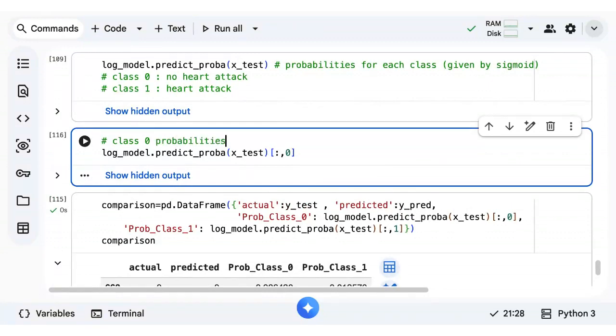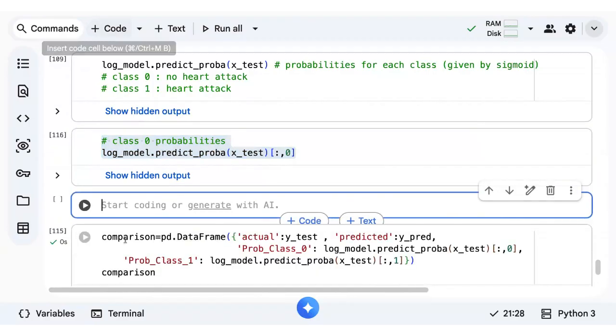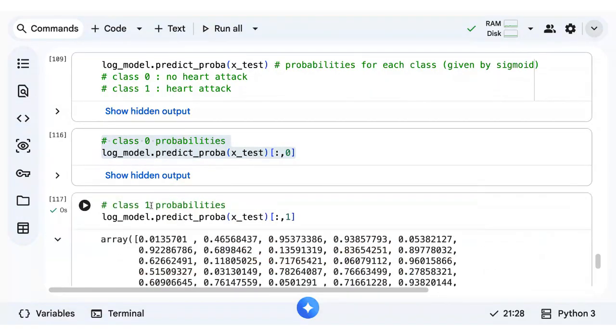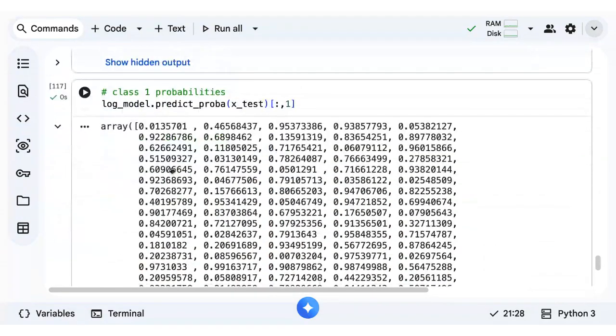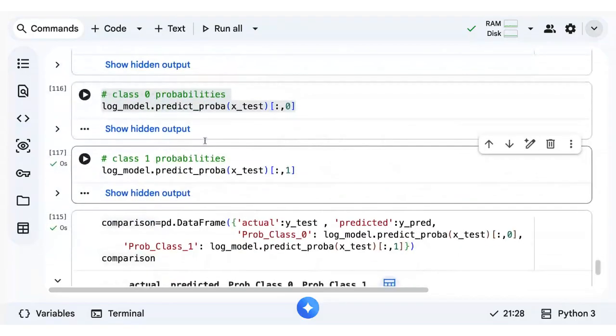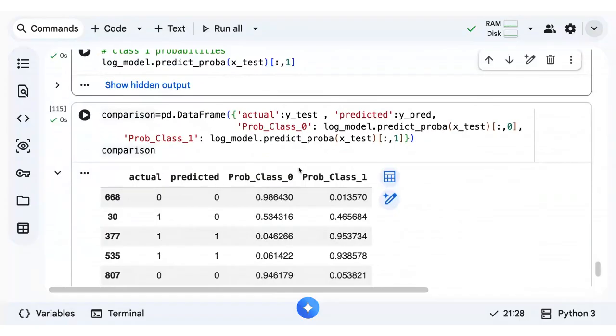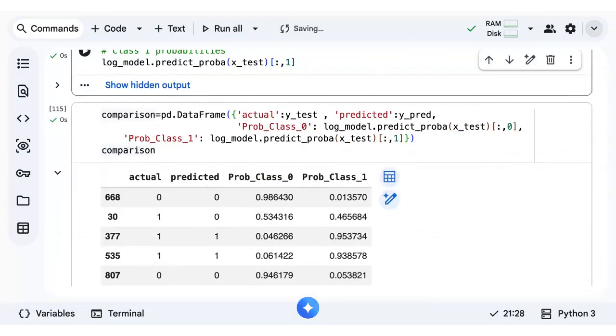Just for your understanding, I'm showing; no need to show every time. Similarly, for class 1, there should be 1. And for your understanding, I showed you actual, predicted, and also probability class. So whatever I explained theoretically, the same thing I showed practically.